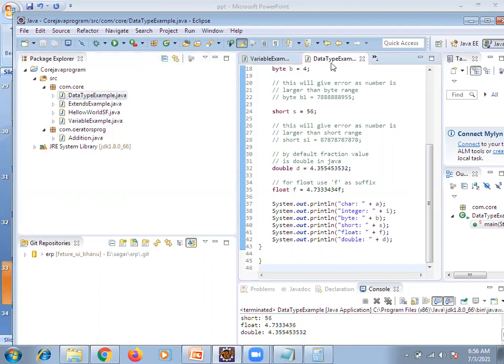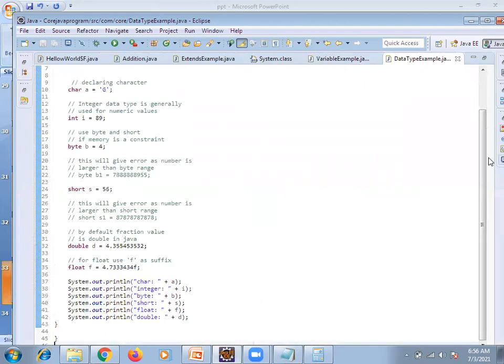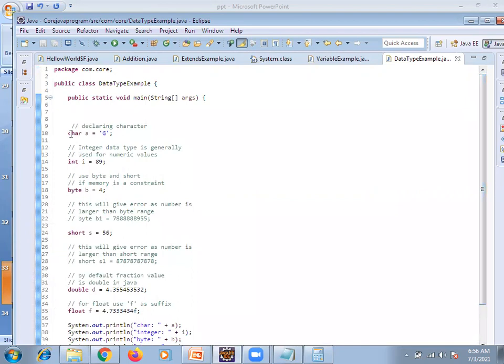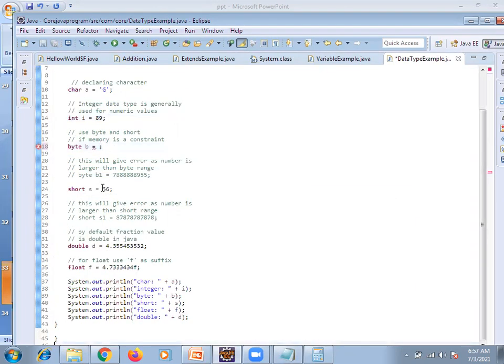Data types, right? How many types of data types will be there? You can see here. Character allows one value. Integer, if you are trying to do it, will allow only till 128, right? Not integer, it is byte. 133. Now I am trying to execute this.